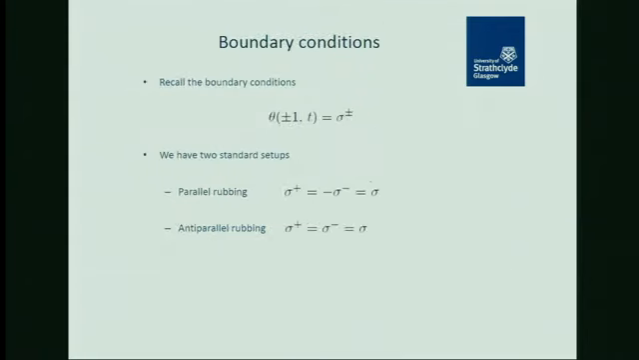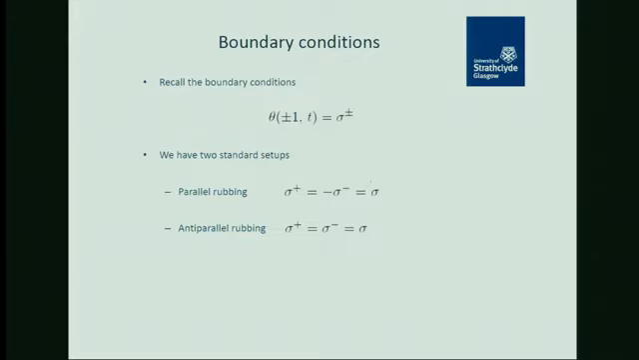Okay, but we can go a little bit further. Well, let's look at the boundary conditions. I'm going to just talk now about boundary conditions and experimental setups. So the boundary conditions I've set fairly general, in that theta at the two boundaries can be these arbitrary angles, sigma plus and sigma minus. The two standard setups that people use in the lab are either parallel rubbing or anti-parallel rubbing, and I'll explain